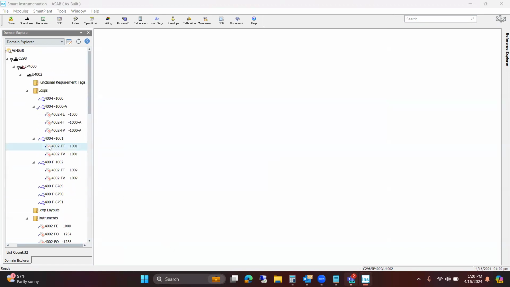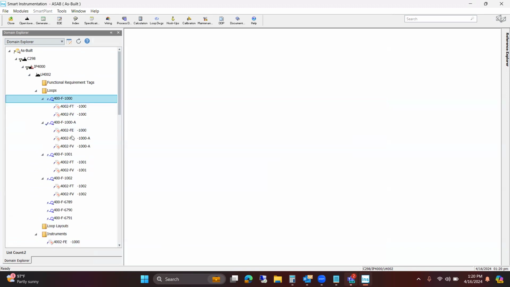Okay. Let's say you are working on a project. Based on the Excel, you have created all the instruments. But when getting hold of the P&ID, you come to know there is no such loop present, 4000F, 1000A. All the instruments present under this loop are part of F1000. So in that case, the instruments are associated to a wrong loop, correct? Yes, sir. So what you can do,